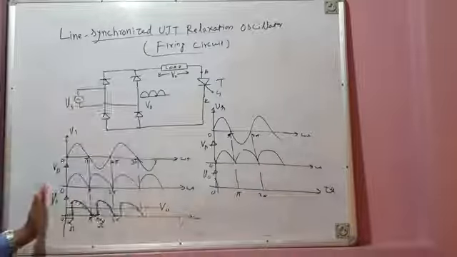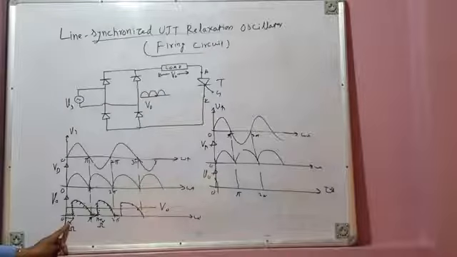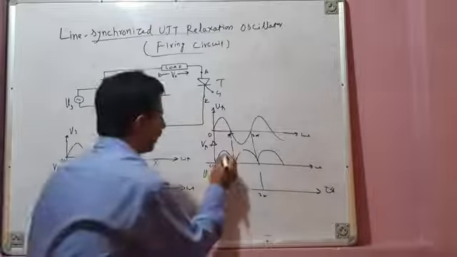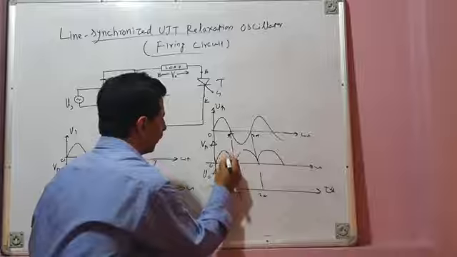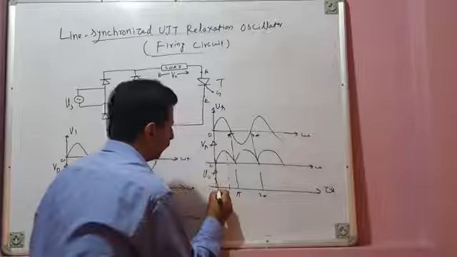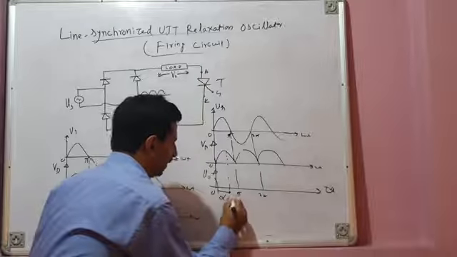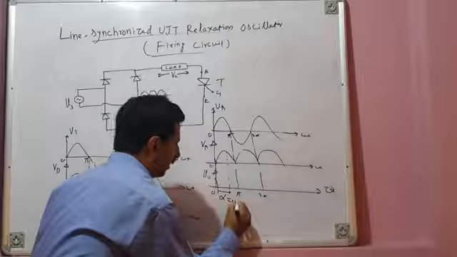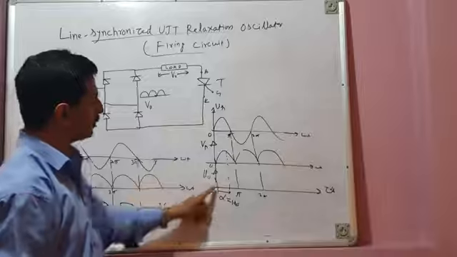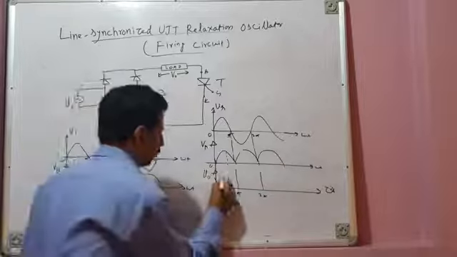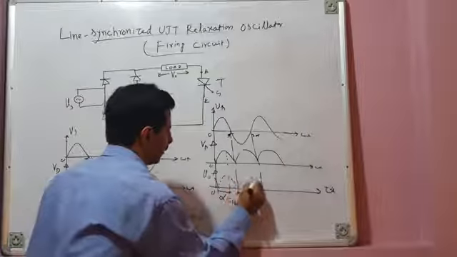Now I am delaying the firing. Here alpha was around 40 degrees. Now let me make alpha equal to 100 degrees somewhere here. Let me fire the SCR after a large delay angle alpha, nearly equal to 100, say 110 degrees. So from 0 to alpha, your load voltage would have been like this if it was fired at omega.